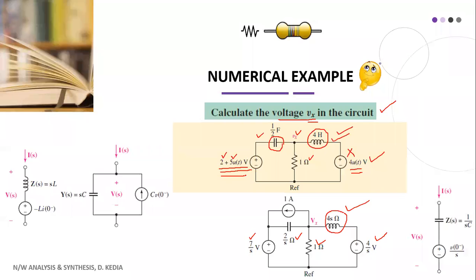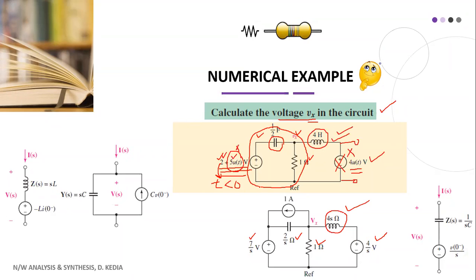If you look at this voltage source, here it is 5u(t). So for t less than 0, this does not exist. But there is a value 2, which means a 2 volt voltage source is present in this circuit for t less than 0. Only this thing is existing. So let us assume that the 2 volt source is present. Obviously this circuit is in operation for t less than 0. This is not present, so this inductor is open-ended here.